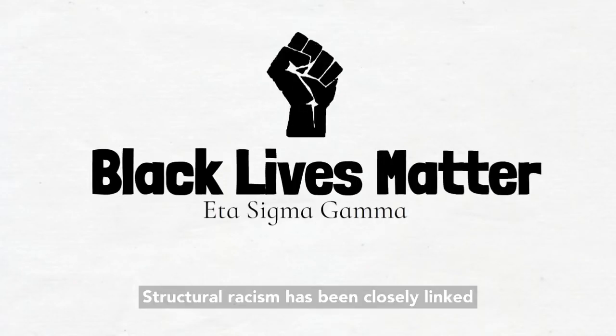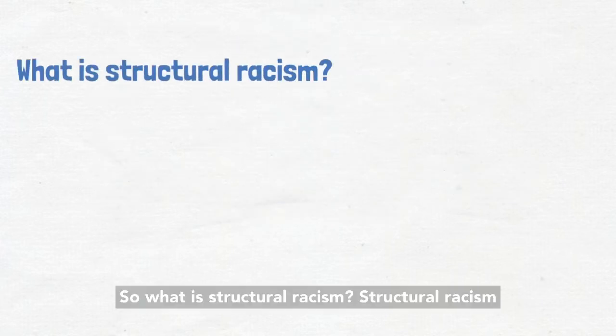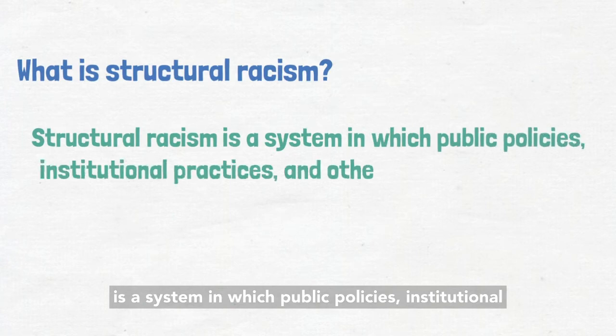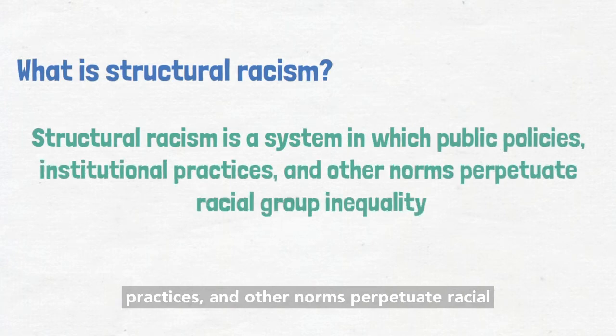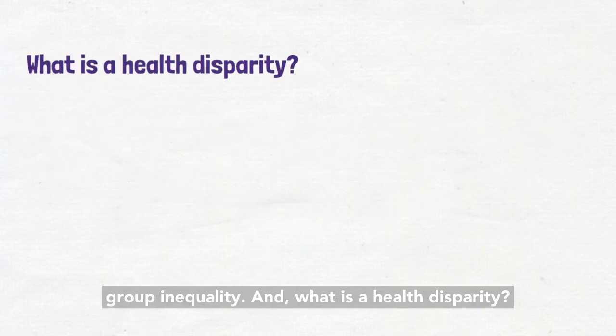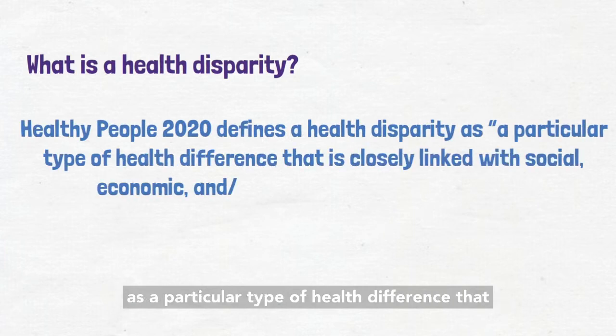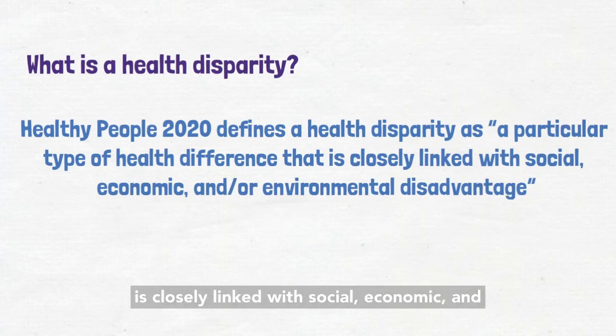Structural racism has been closely linked with health disparities in the United States. So, what is structural racism? Structural racism is a system in which public policies, institutional practices, and other norms perpetuate racial group inequality. And what is a health disparity? Healthy People 2020 defines a health disparity as a particular type of health difference that is closely linked with social,